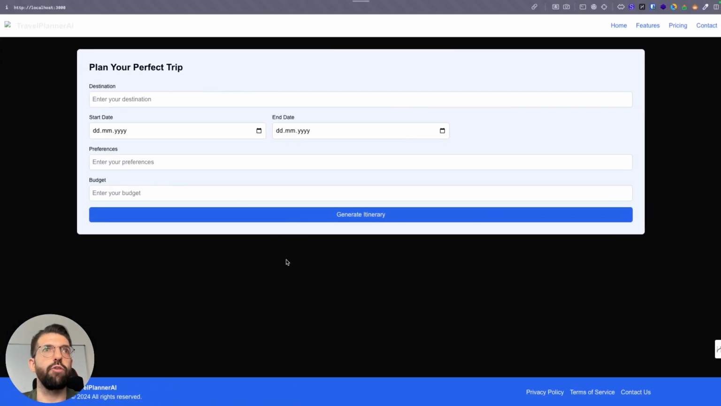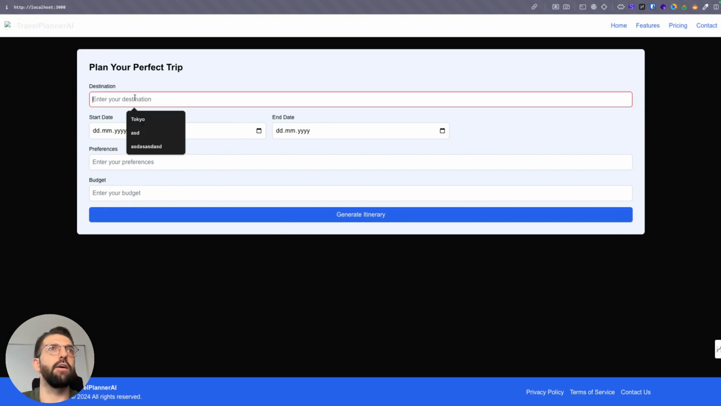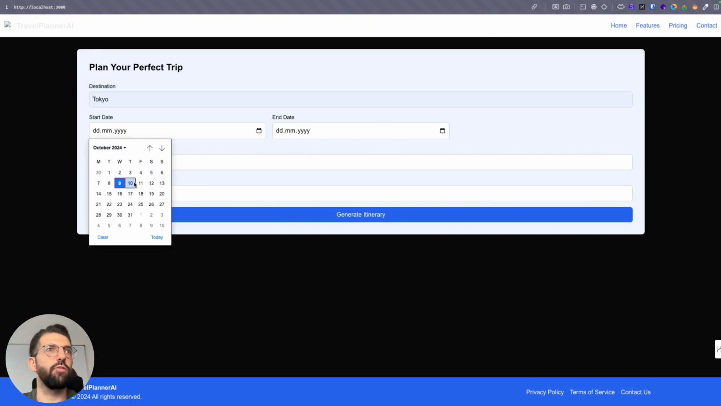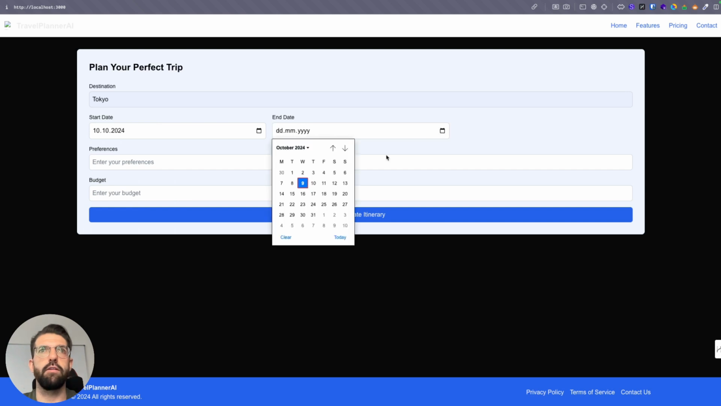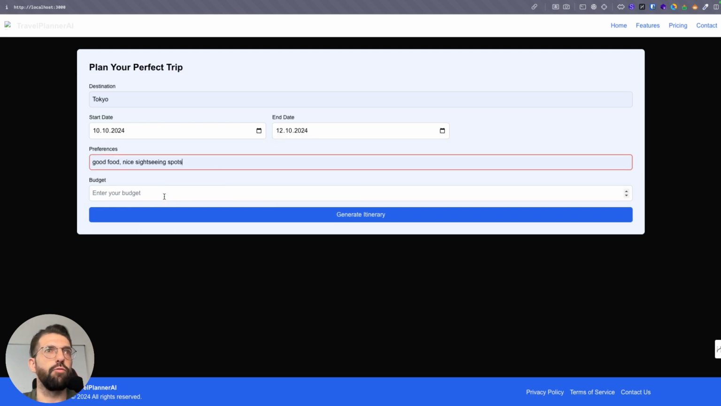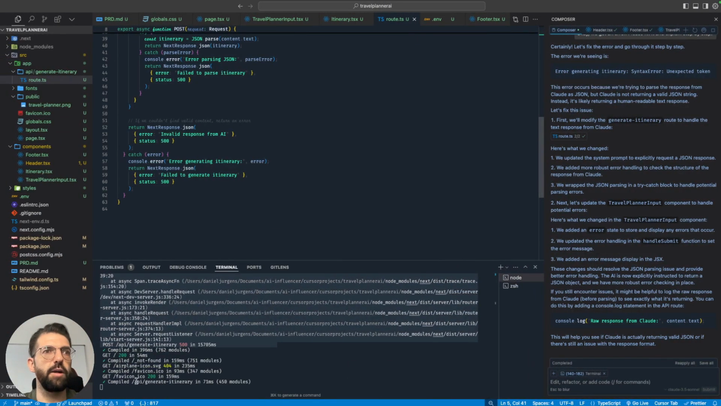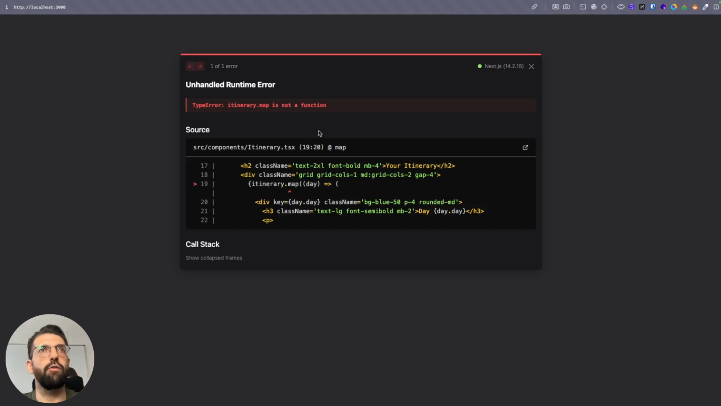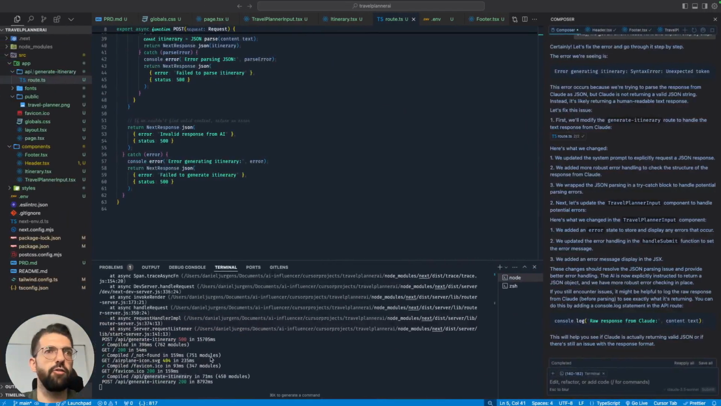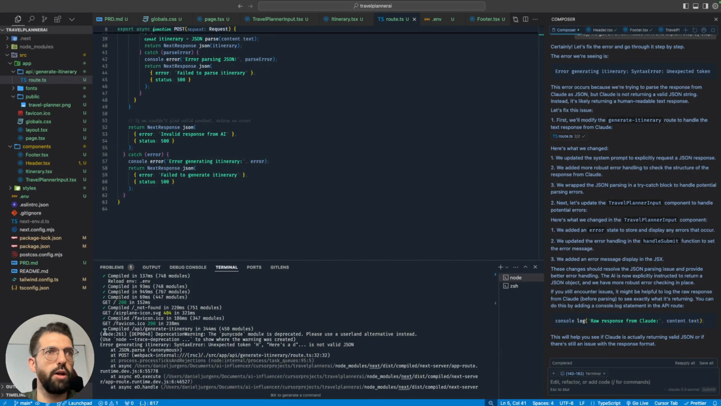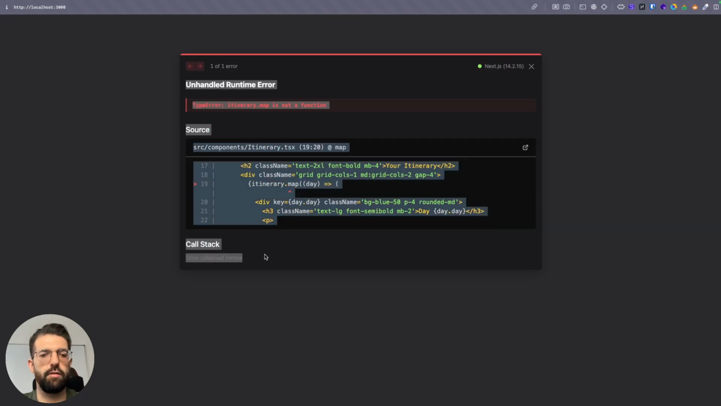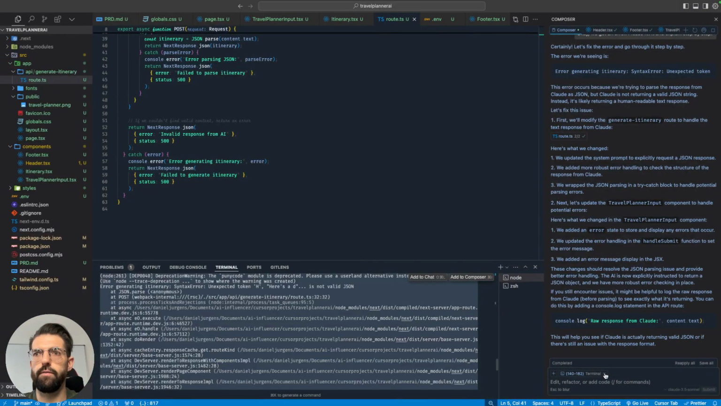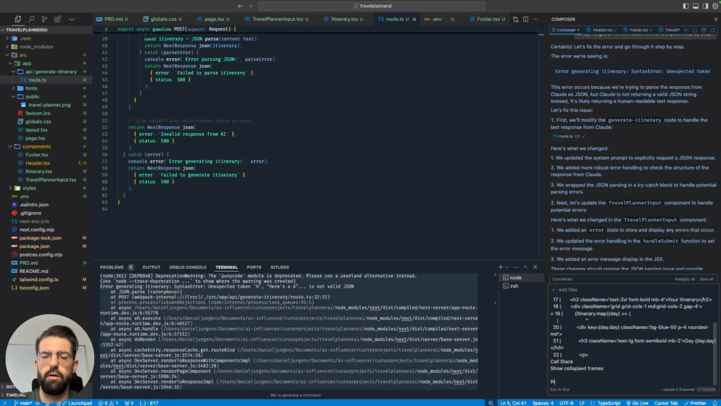And when we reload the page and enter all of the information again, so we want to go from the 10th until the 12th, good food, sightseeing, and we again have a budget of 1,000. Again, we are making the API request in the backend, and now we get a different error. itinerary.map is not a function. Let's see, again, we just copy that, and we'll go back to Cursor, paste it,